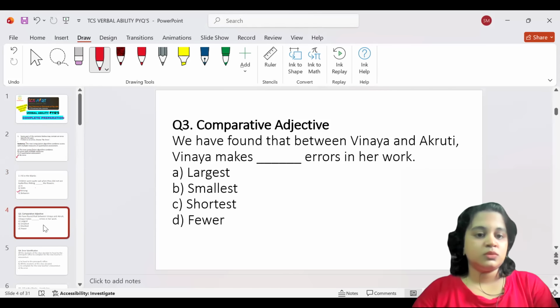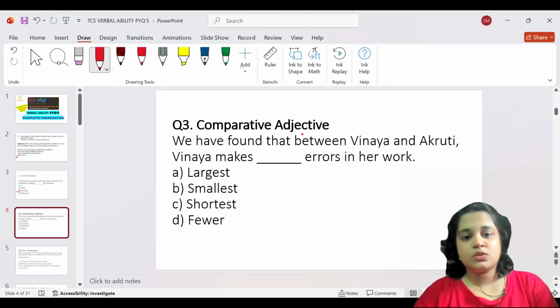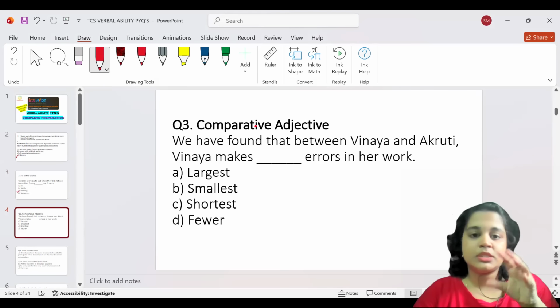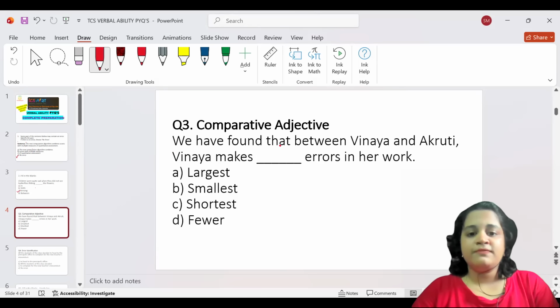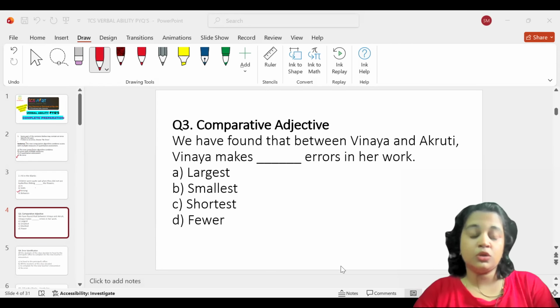Let us go to the third question. All right. So this is from degrees of comparison, and we are expected to find out the correct comparative adjective. I've also mentioned what sort of a question it is at the top as well, so that you get more comfortable with answering them. See, most of the questions will be repeated in different exams, right? If you have given many interviews, you would have seen a lot of questions being repetitive.